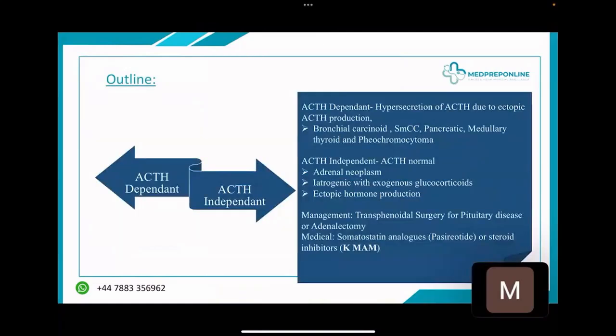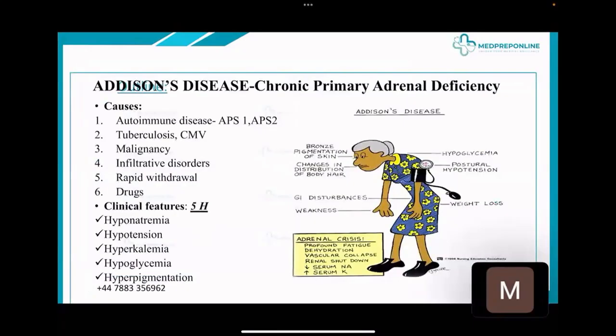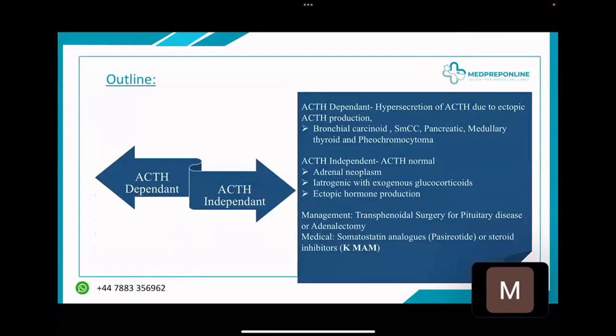Now, another classification for Cushing syndrome is ACTH dependent and ACTH independent. So let's see ACTH independent. As the name suggests, ACTH is going to be normal. So we know the pathology lies in the adrenal gland. So you could have either iatrogenic with exogenous glucocorticoids, or you could have adrenal neoplasm, or you could have an